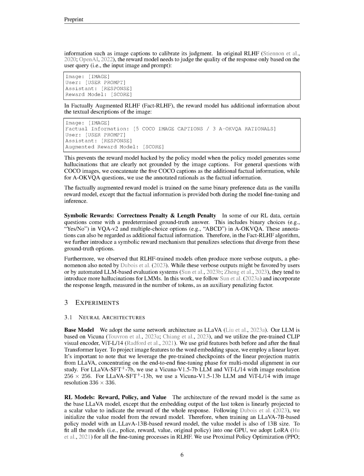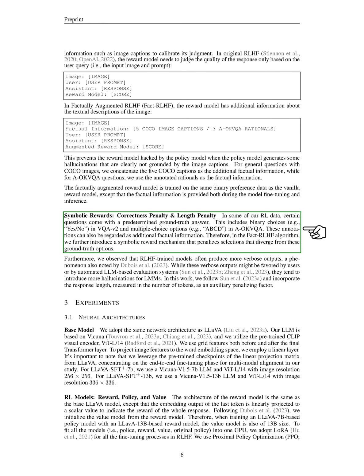Section Summary. In this section, the authors propose a reinforcement learning approach for generating appropriate responses to user queries. They address challenges such as reward hacking by applying a per-token KL penalty and augmenting the training data with high-quality instruction tuning data. They also introduce factually augmented RLHF, FACT-RLHF, where the reward model is provided with additional ground truth information, such as image captions, to improve its judgment and prevent reward hacking.